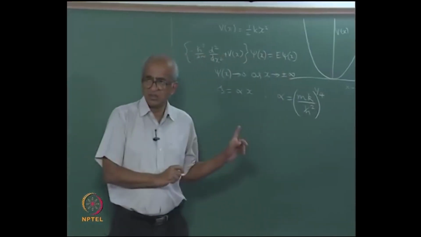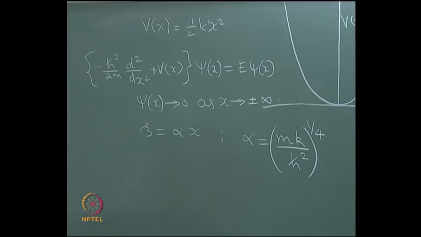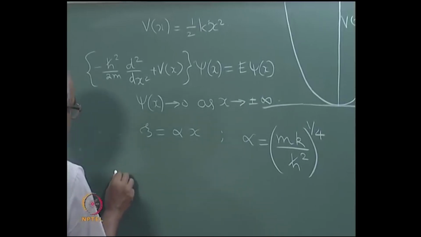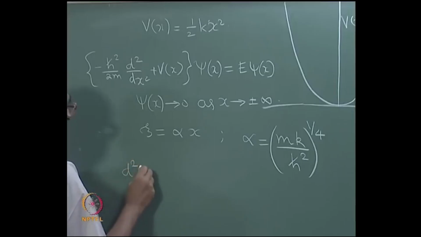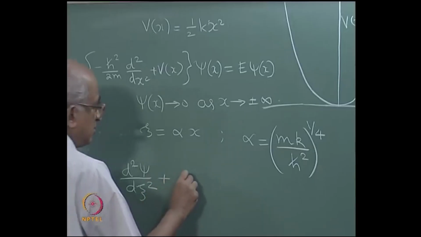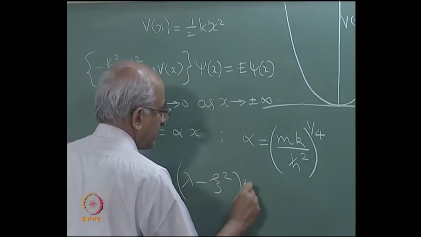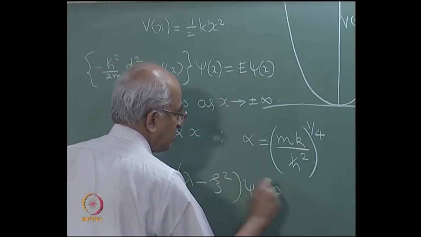This is correct, right? Alpha is equal to so much. And then what will happen? This differential equation becomes another one which may be written as d square psi by dc square plus lambda minus c square into psi is equal to 0,